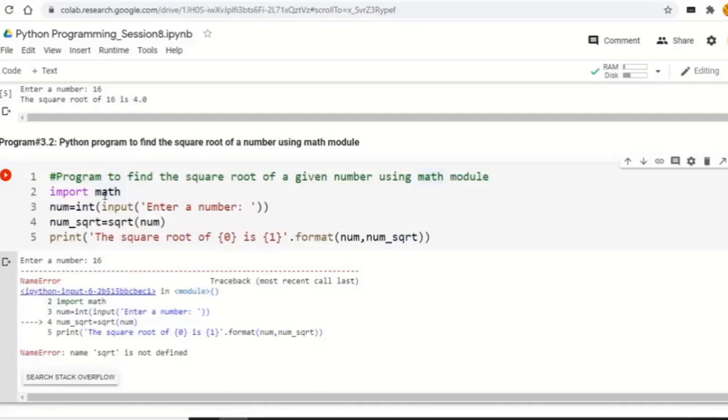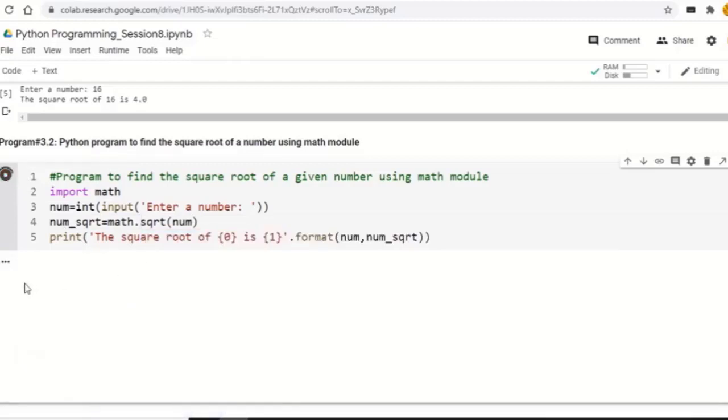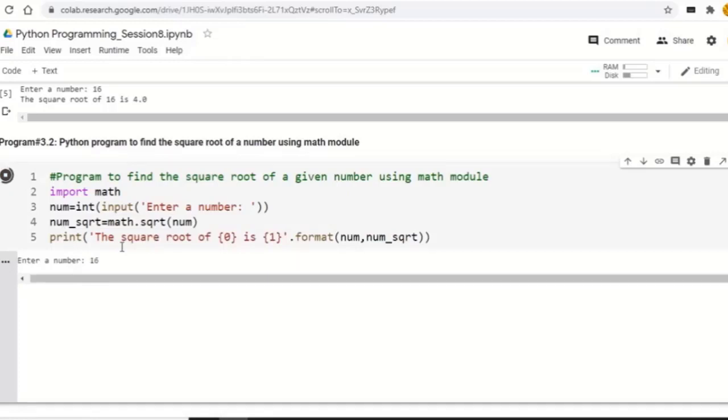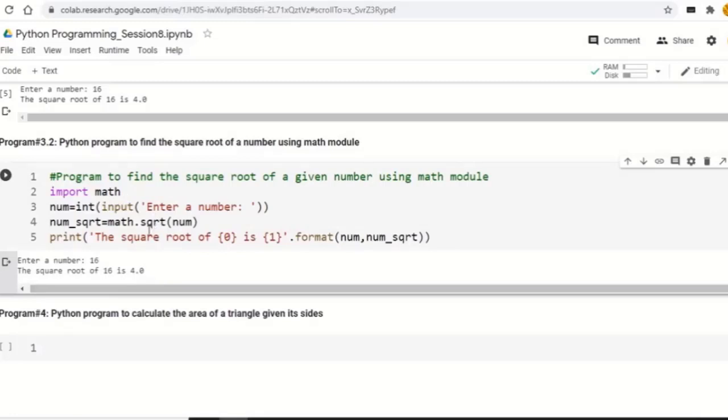Now see, I have typed the program for you and I have executed it also. You can find out why it is creating a problem. It is creating a problem because we haven't included the module name, math.sqrt(num). Because the namespaces are different, you have to specify the name of the module along with the function. So again we will try with the same value 16, and after executing we find that it is 4.0. So make this correction: you need to write math.sqrt because we have imported the math module.